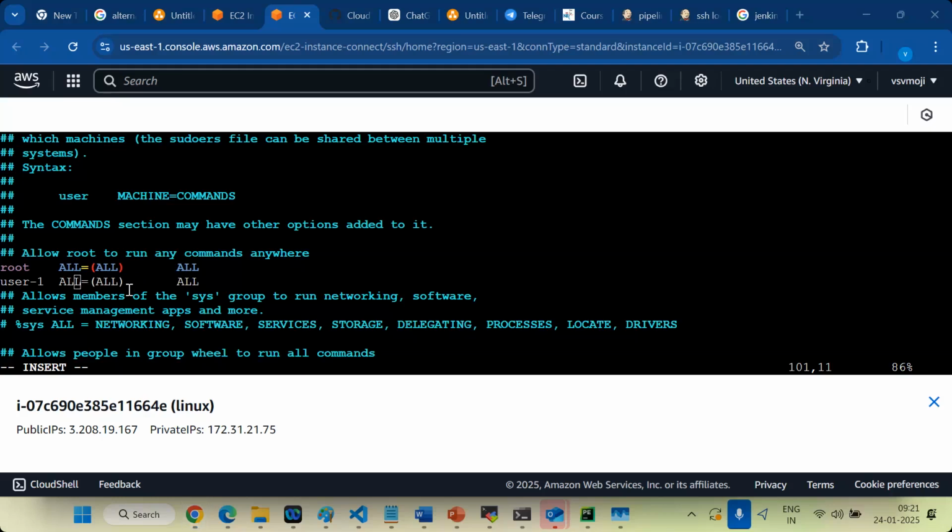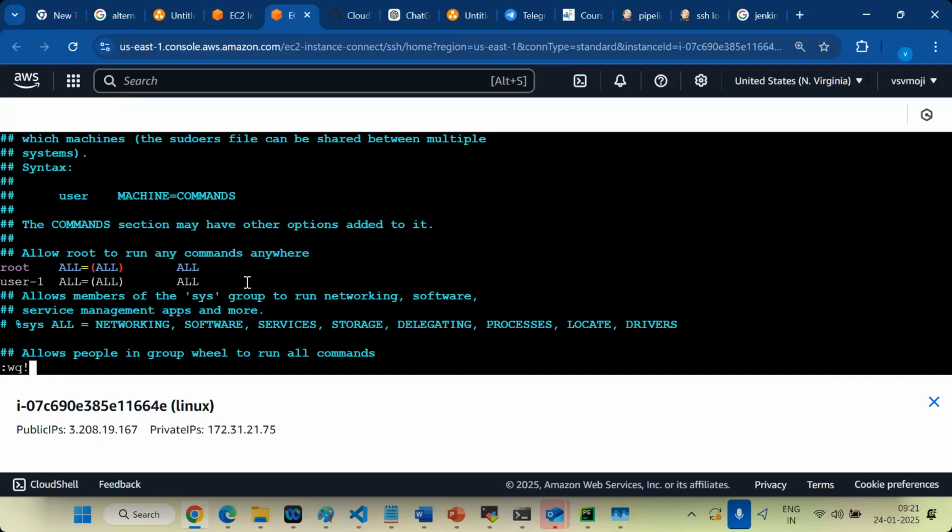Now you can add user to run only specific command by using sudo. Understand? For example, yum install nginx -y. User has to run only yum install nginx -y by using sudo, not all commands. How to do it, you can explore. Clear? Now user is able to run anything, but user should run specific command only by using sudo. Okay, try that.